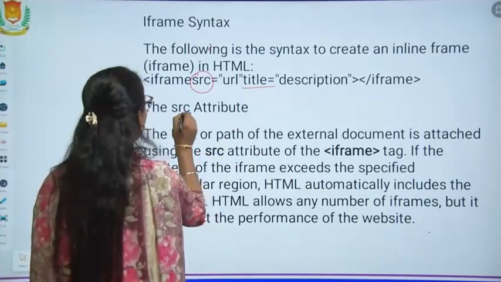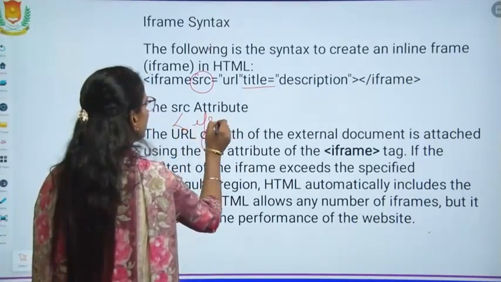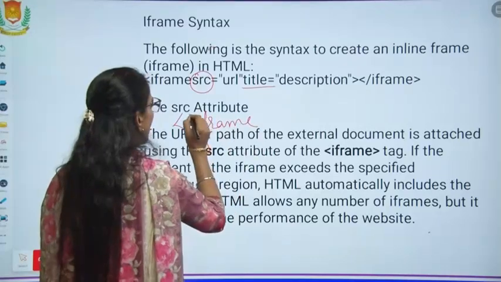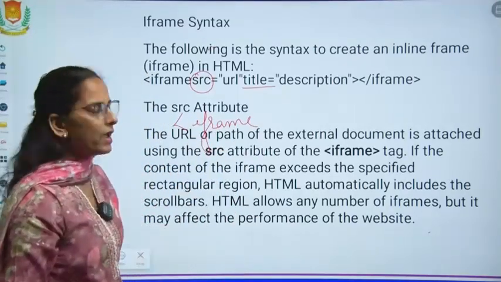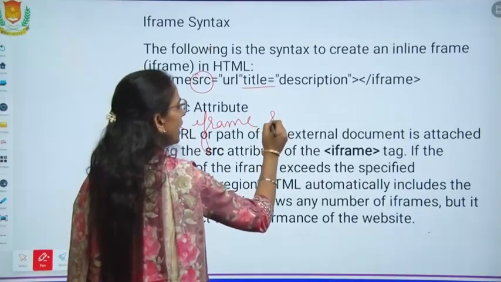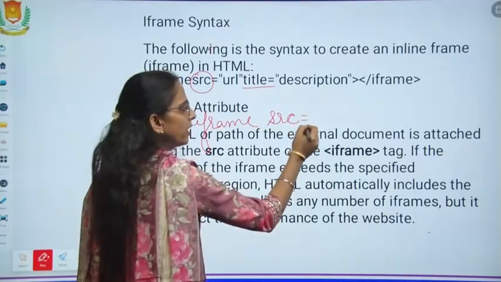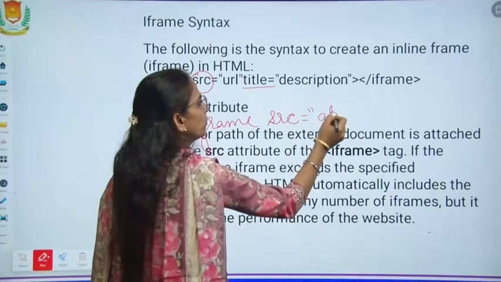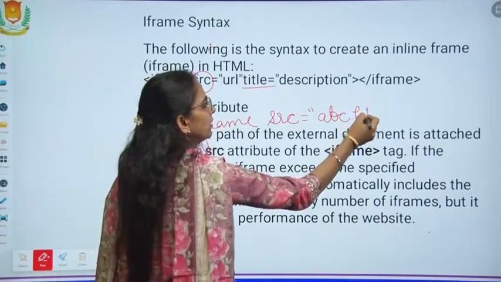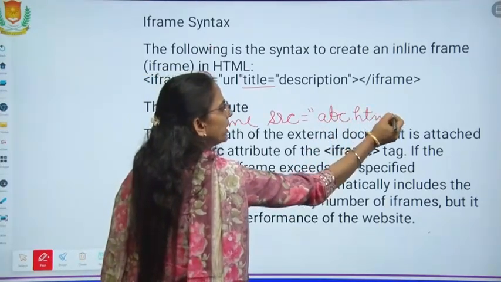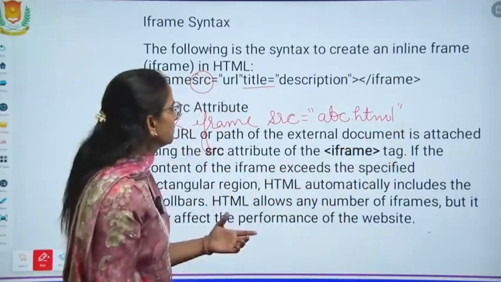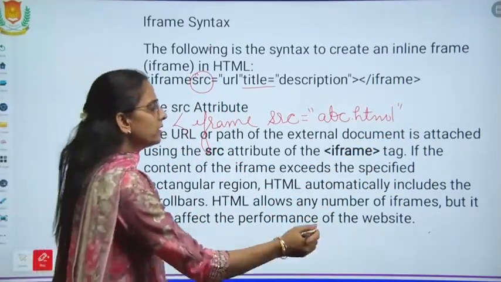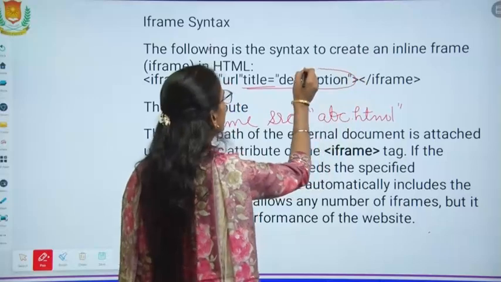You have to specify iframe. The name of the tag is iframe. Then we have to give the SRC attribute. With the SRC attribute, you will write abc.htm or abc.html, and then the title is another attribute which is optional.